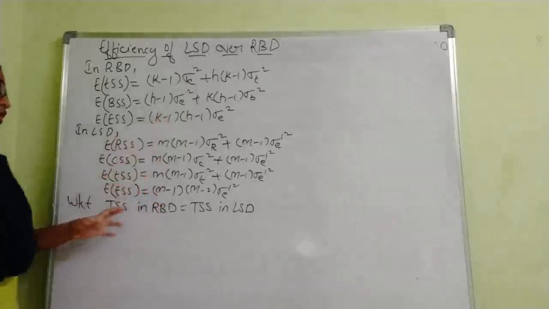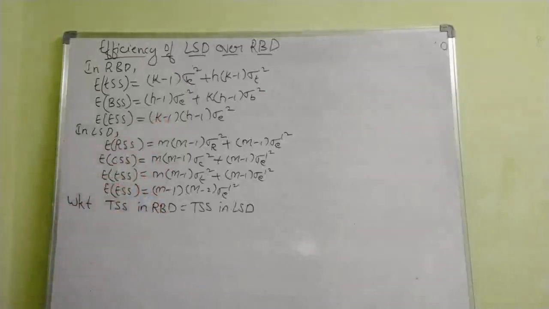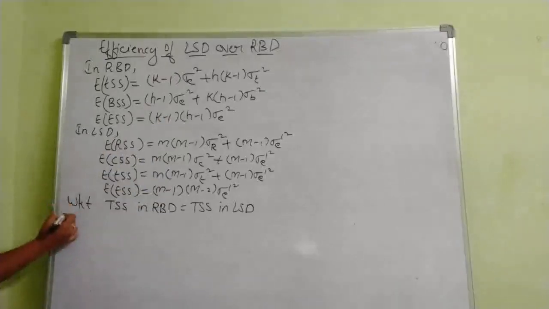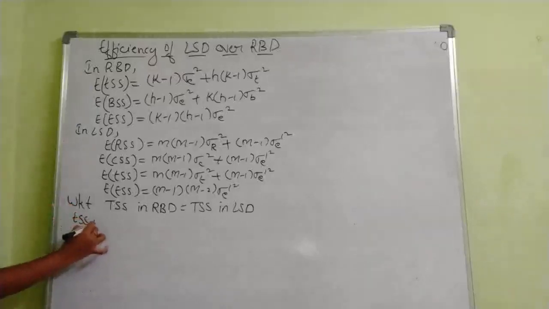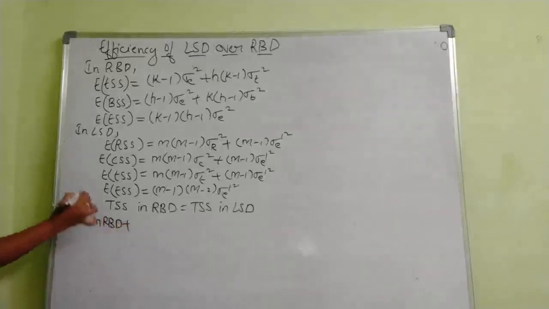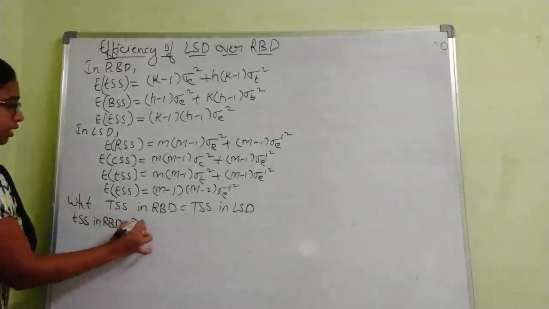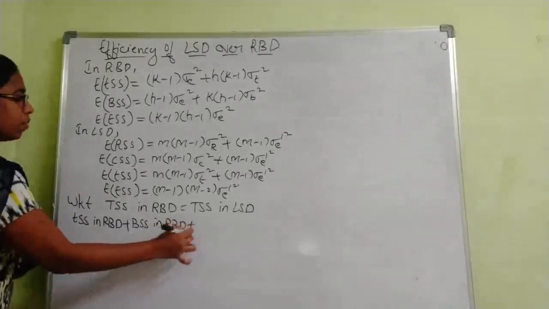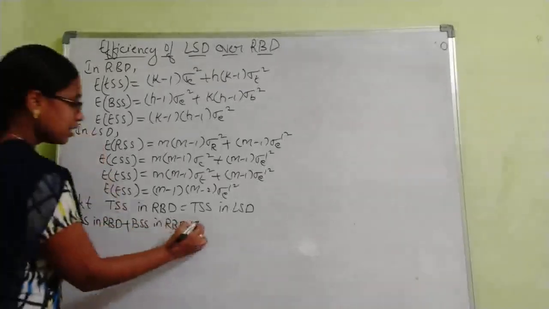That's why the total sum of squares will be the same. Total sum of squares in RBD includes the treatment sum of squares in RBD plus the block sum of squares in RBD plus the error sum of squares